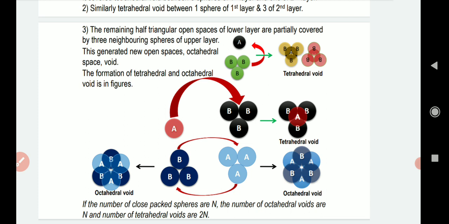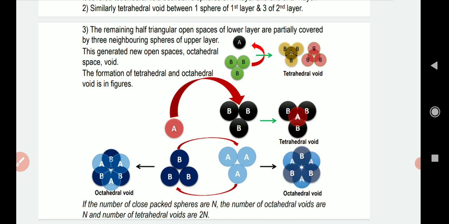The type of void that is formed there is called an octahedral void, because it is making use of 6 spheres. So see the arrangement properly in the tetrahedral void and in the octahedral void. In the octahedral void there are 6 spheres involved.